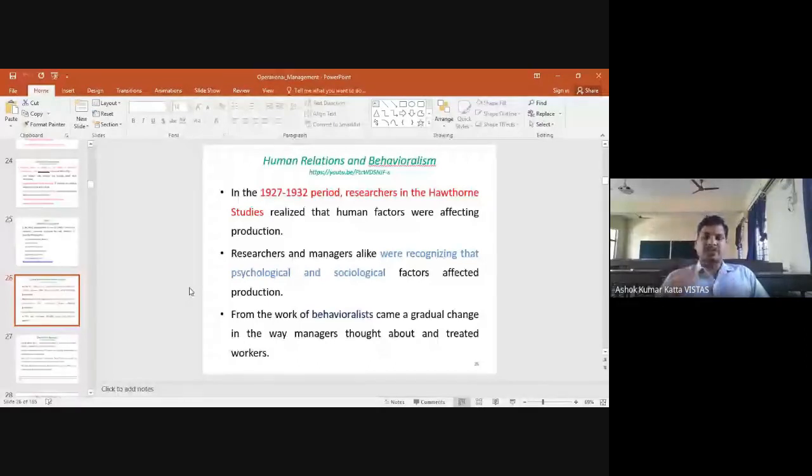So automatically what will happen? Students will refresh themselves. Even if they are sleepy, they will have a tumbler of water, or go somewhere and come back, so that for the next 2 hours they will be fresh. Whereas in the Hawthorne studies, what they have done is